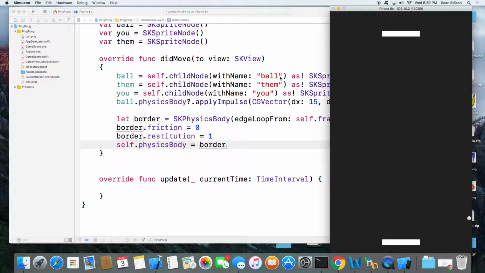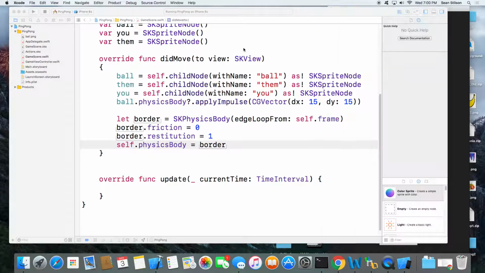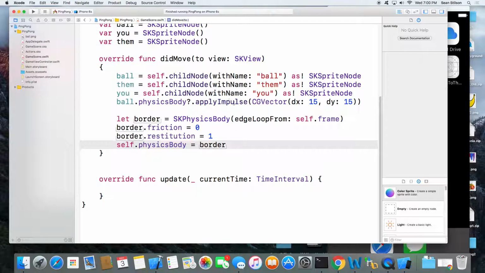I got a problem, mine's stuck. It's on the bottom and it's just going back and forth across the bottom like rolling. It was doing good and then it hit a corner. All right, so eventually we'll have a reset option because that can happen, under just the right scenario. Go ahead and stop it. Does everyone have the ball bouncing around like you saw?